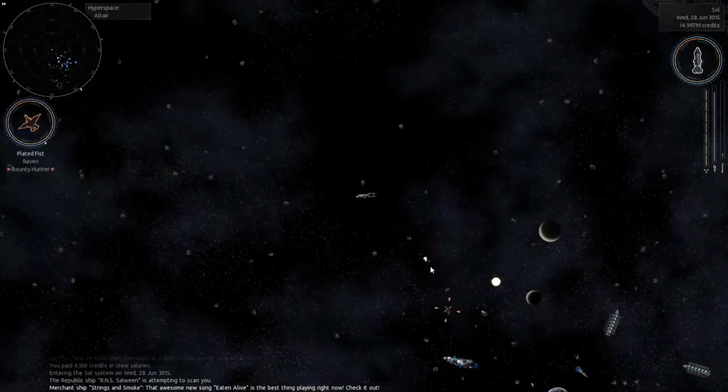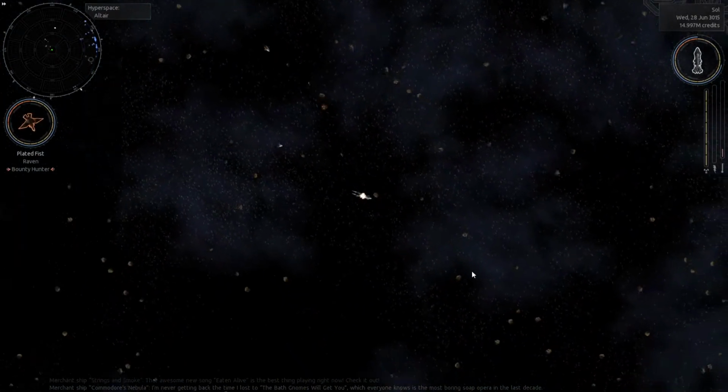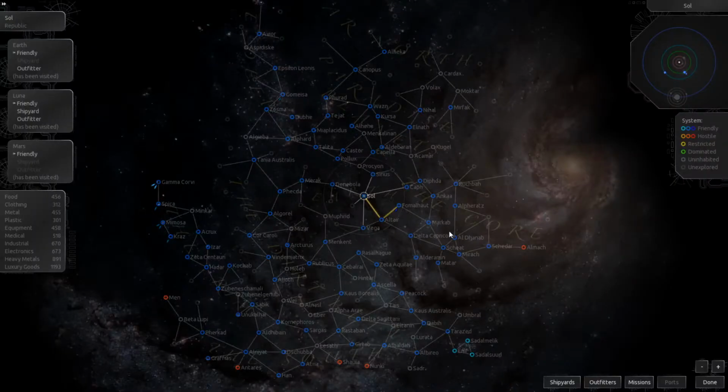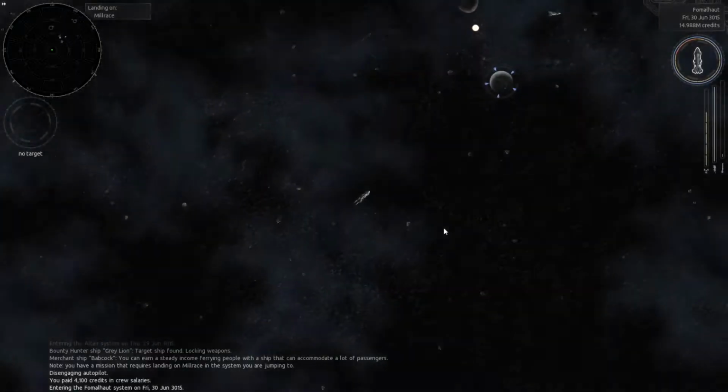What is this? Oh, he's a bounty hunter. Yeah, when you get powerful enough, you start getting chased by bounty hunters. Actually really annoying right now because I don't have a ship to fight them. I don't have my fleet with me, and they're honestly just going to chase me to the ends of the earth, so...